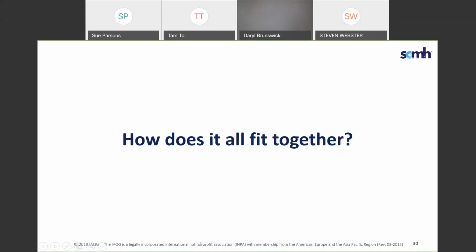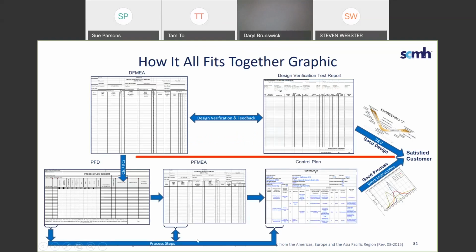Good morning, everybody. My name's Steve Webster. I'm a quality fellow at Collins Aerospace for product development and process control. So I work around a lot of these tools. What I'm going to do is highlight how everything plays as far as all the different forms. And if you want to go to the next slide, we can start with a graphic that